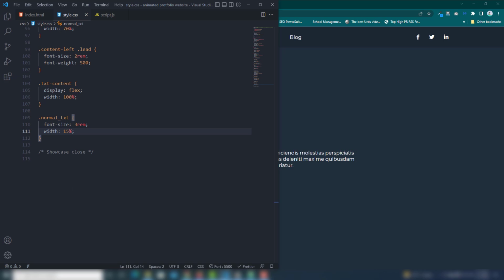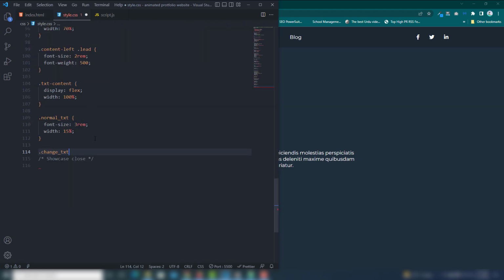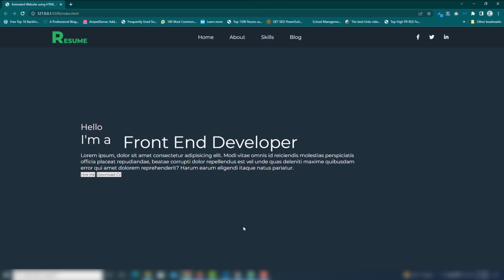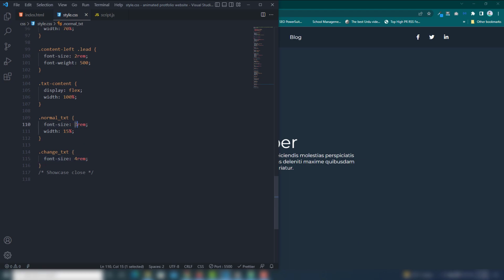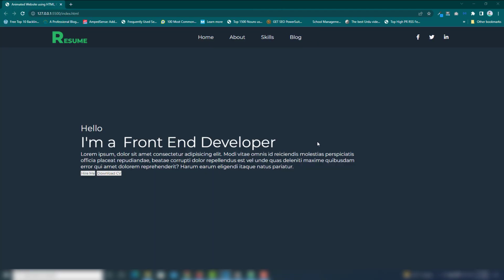Okay, then we need to target the change text and font size. I'm going to use 4 rem, so I will use the same 3.5 on that, and also I'm going to use 3.5, the same size. Perfect.